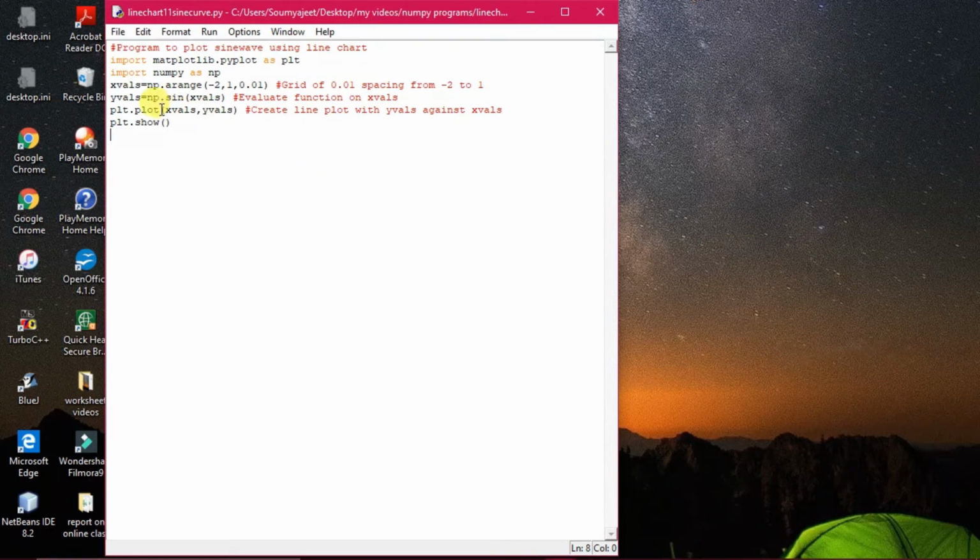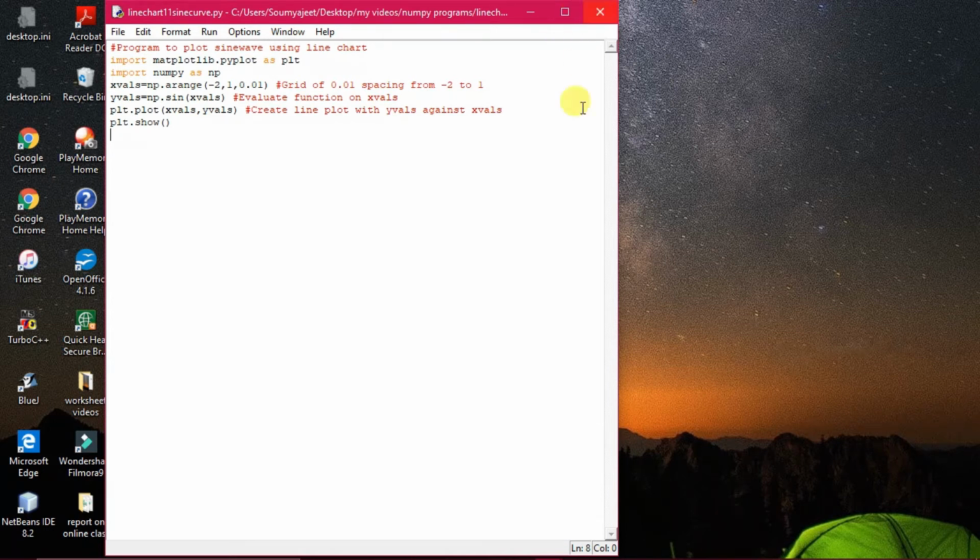So plt.plot is already there, and plt.show is also there. These two functions, plt.plot and plt.show, are actually responsible for drawing any kind of graph in chart creation, and as well the x-axis, y-axis, x label, y label are also there. So you have seen how to draw the sine wave chart using a line chart. You have to keep the range within this one only, and then draw it.